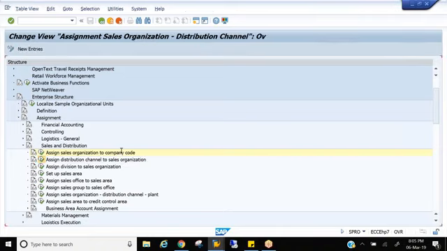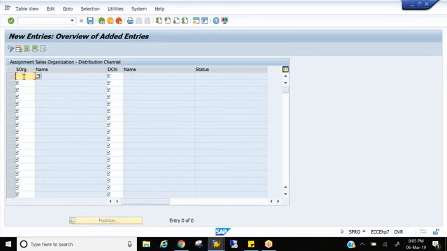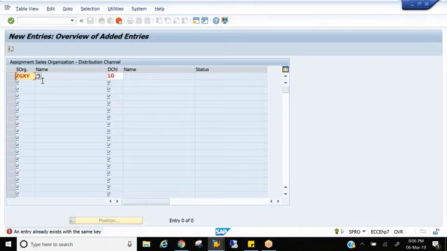So let us do the configuration. For this, you can directly go to New Entries and select your sales organization. Let's say ZGXY is my sales organization, and it can be any distribution channel. I'll take 10. It already exists because we copied from 1000, and from 1000 ZGXY is already carrying 10. So just go to New Entries, mention your sales organization and assign your distribution channel, whichever you created at the time of definition. Maintain at least 2 or 3. Don't go for anything more than that, it's a waste of time. If you understand the concept, even 1 is fine, but to try the scenarios you should have at least 2. So have at least 2 to 3. Save it and come back.